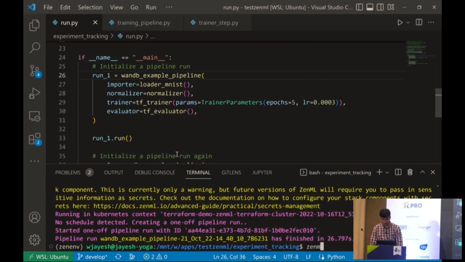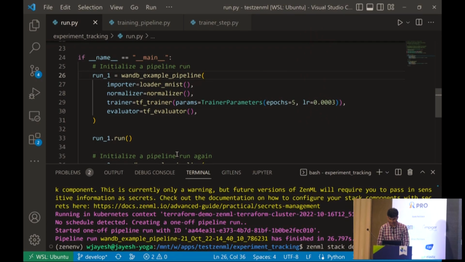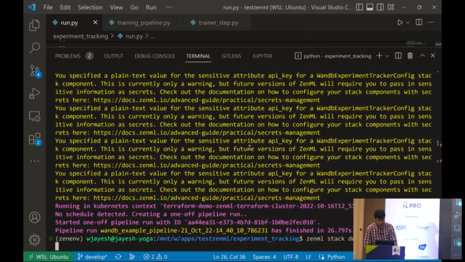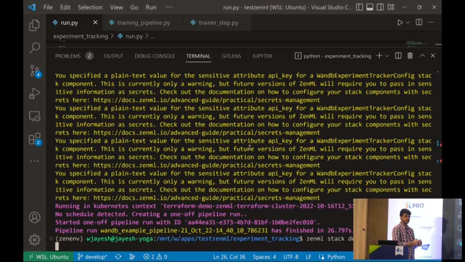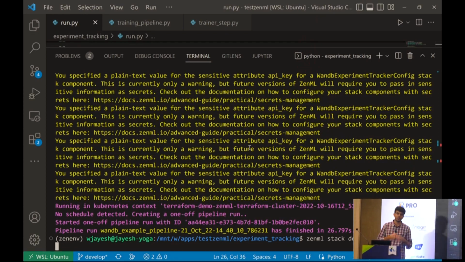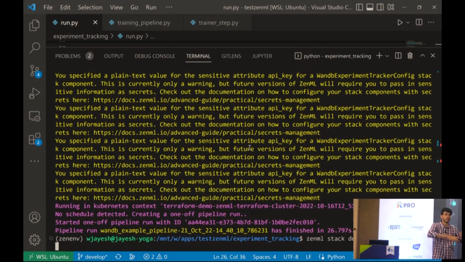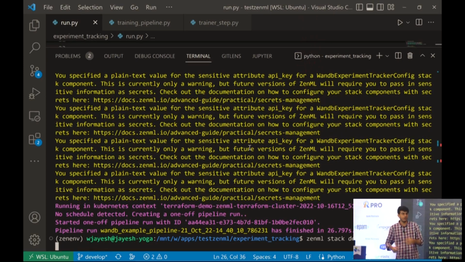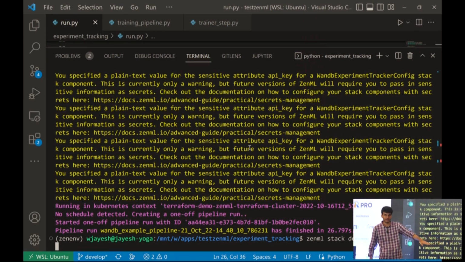So what I'll do is this. I'll first show you what a stack looks like. ZenML has this CLI which takes care of these things. Also, as a note here, the ZenML stack has only configurations. So it expects that you have deployed everything yourself before. You have deployed the cluster, you have deployed MLflow, all of that is done. You only have the values here, the connection string, the URL, all that stuff. That forms a part of the ZenML stack, essentially.